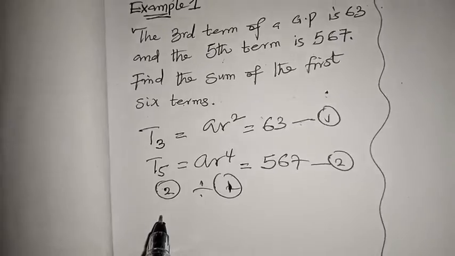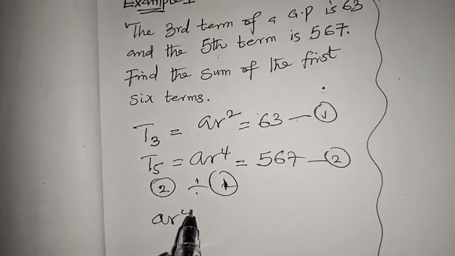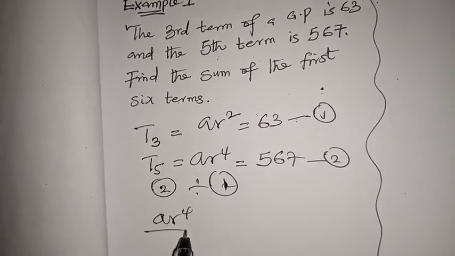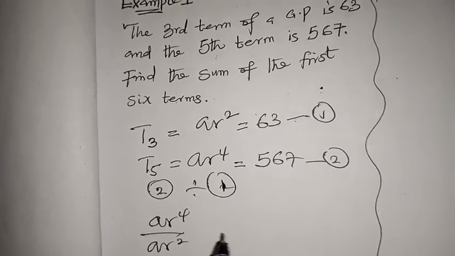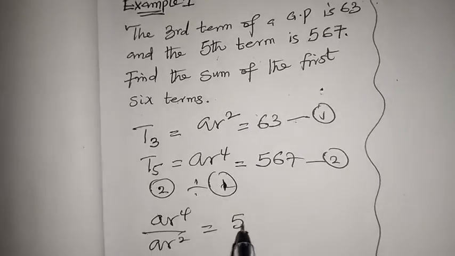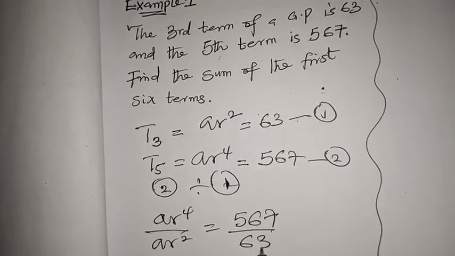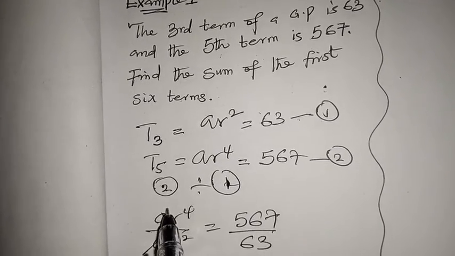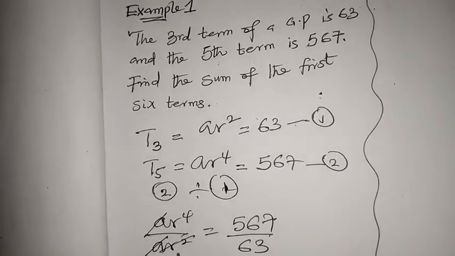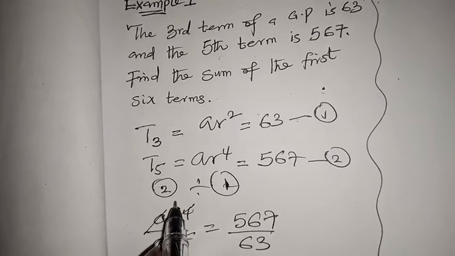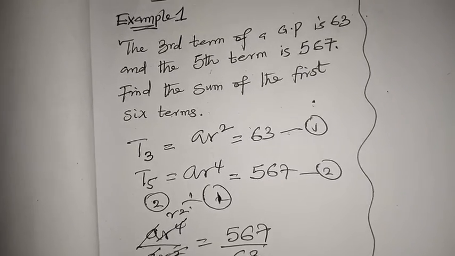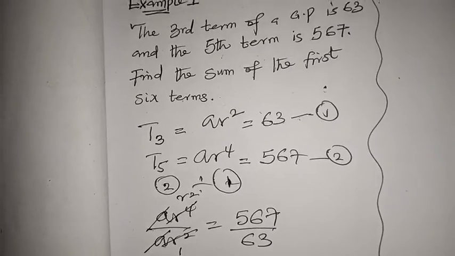That will give me AR raised to power 4 over AR squared equal to 567 divided by 63. So A will cancel A, then R squared in R raised power 4, I'm going to have R raised power 2. So we have R squared equal to